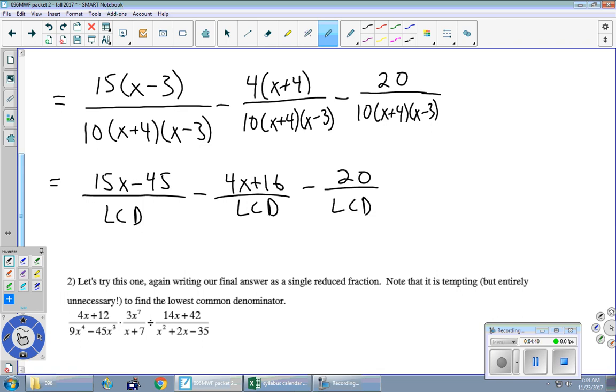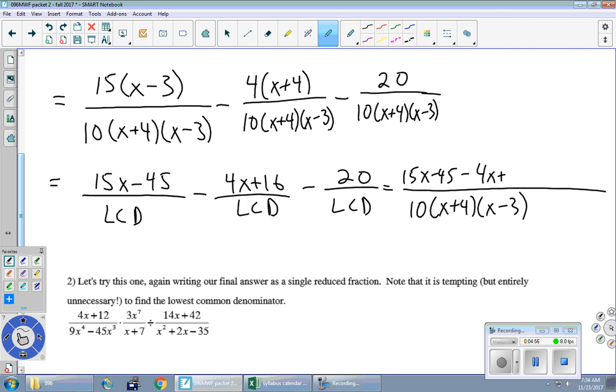And because they have the same exact denominator, now we're in a position to make a single fraction with the LCD, which I'll write out now. And so we'll put 15x minus 45 minus 4x plus 16 minus 20. And then we're really close to being done. Problem is,